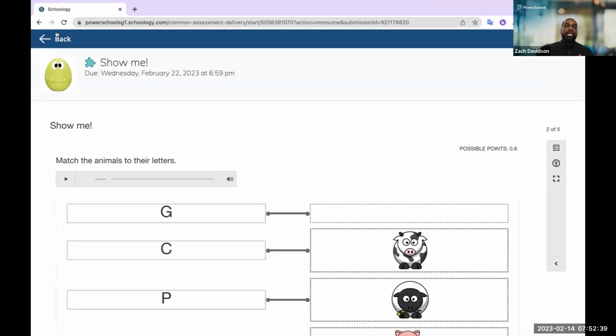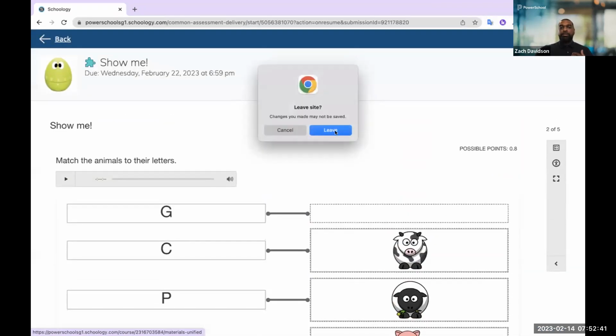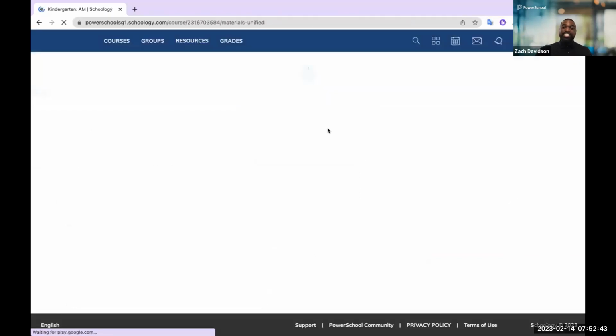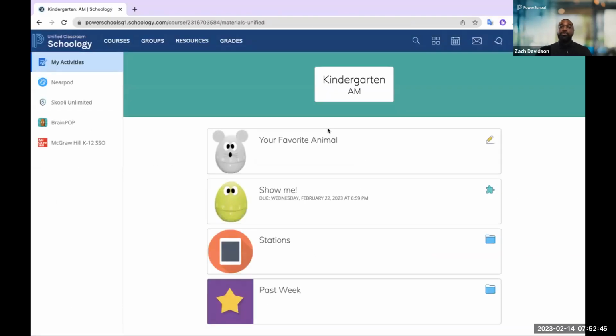So what you're noticing here is that Schoology provides an experience that will engage your youngest student at kindergarten or even pre-K, all the way to that 12th grader that's taking a calculus class inside of your school or inside of your school district. So we're really excited about providing that engagement experience to all learners.